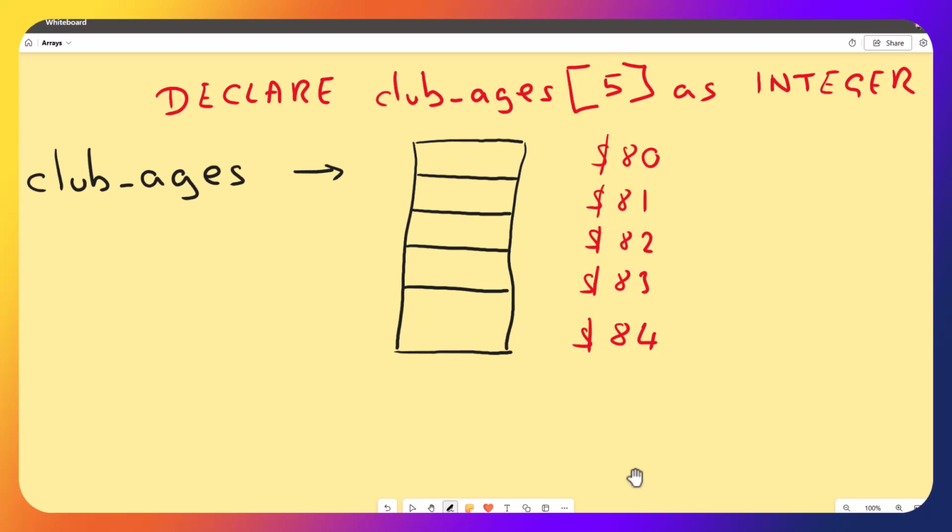So what's the computer done? When I did this declaration, it doesn't just grab one memory location, but it looks for a memory location where it can grab 5 consecutive pieces. They are run one after the other after the other. Now what does that mean? Well, that means now that I don't talk about club ages. I can't simply say club ages